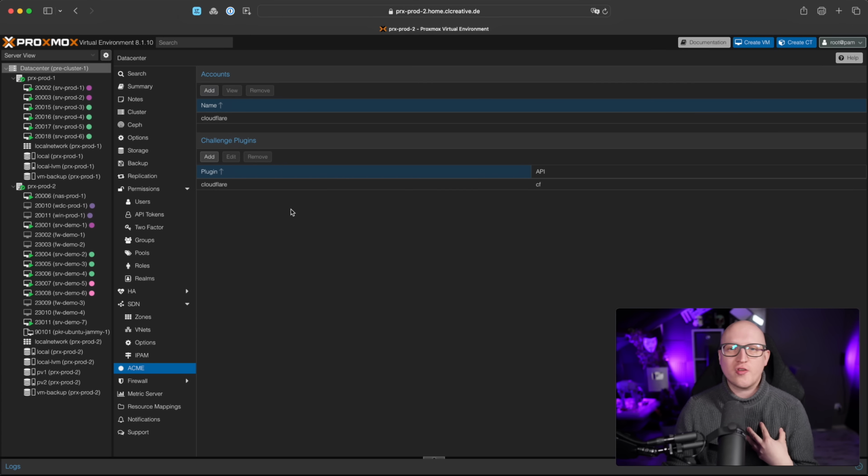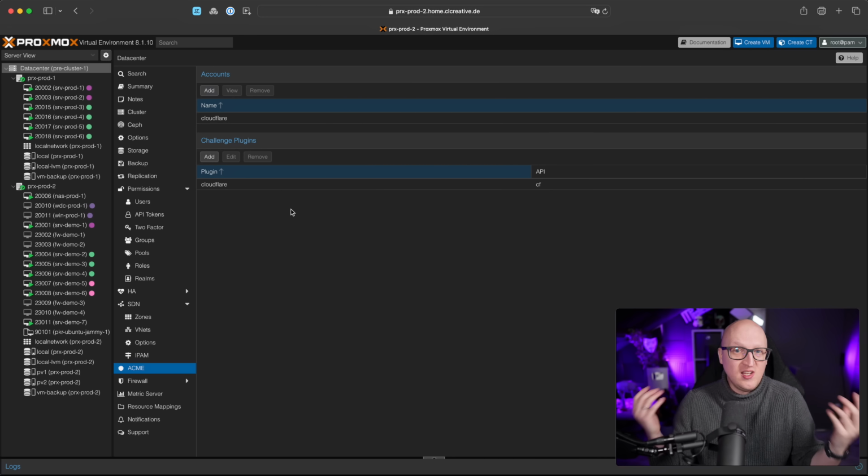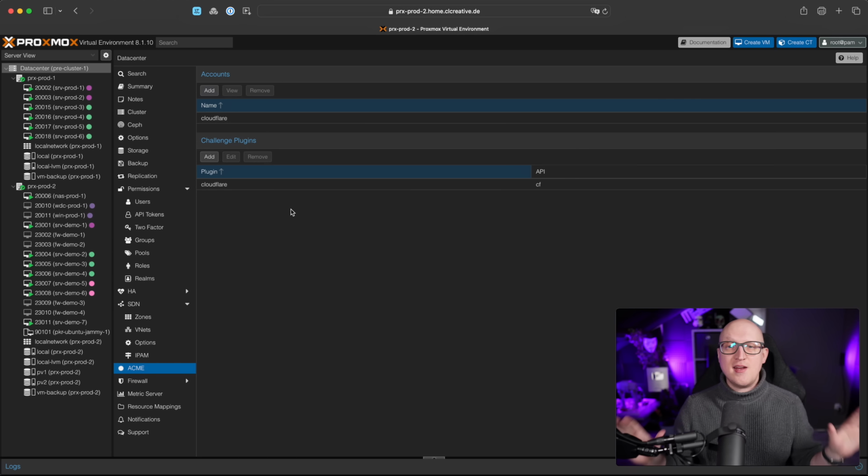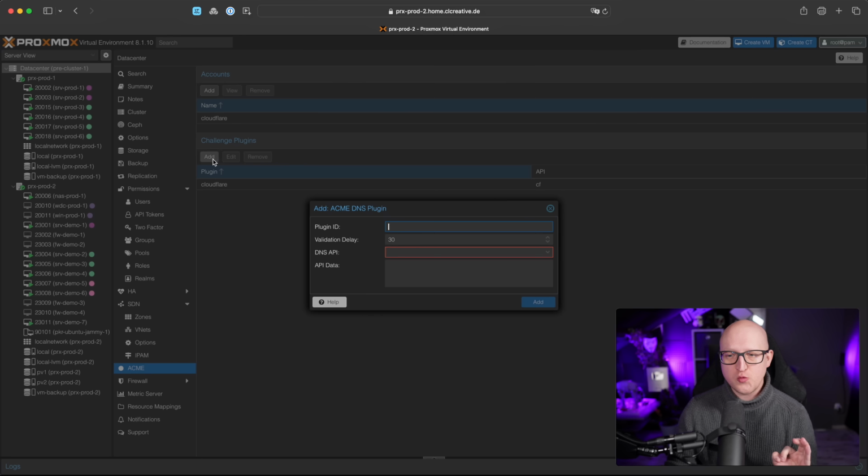And I personally just like the DNS challenge the most because it's the easiest one. It doesn't require a connection from the Let's Encrypt validation server to your local environment. It just works with a DNS provider and an API token. Super simple and easy. Just go to Challenge Plugins, click on Add, and then just give it a name, something